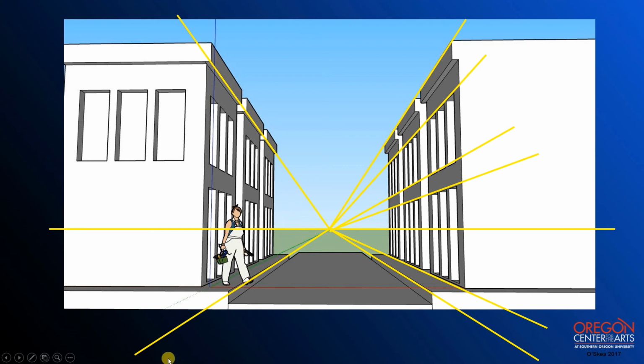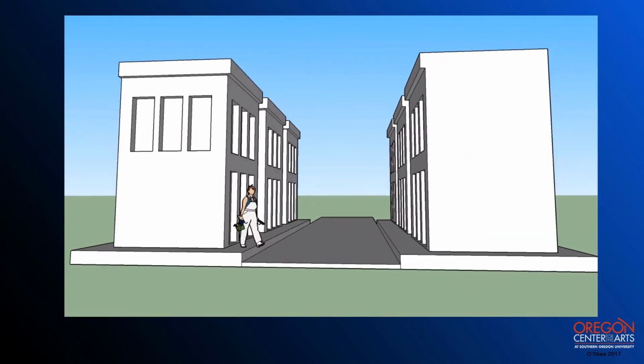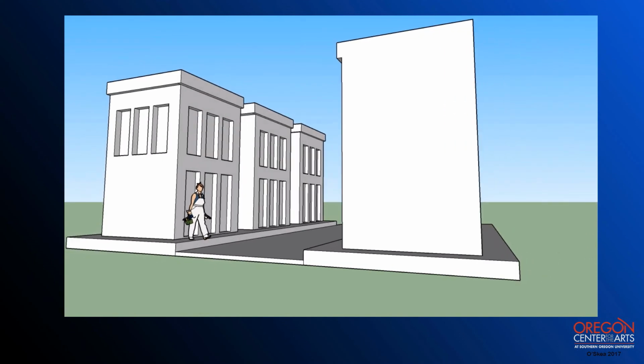And now we're seeing all of these lines. Here's the curb lines. Here's the front of the buildings. There's the horizon line. And then all these windows and things are all pointing down to this one point of view here. So if I were to go ahead and rotate this view from one side to the other, you